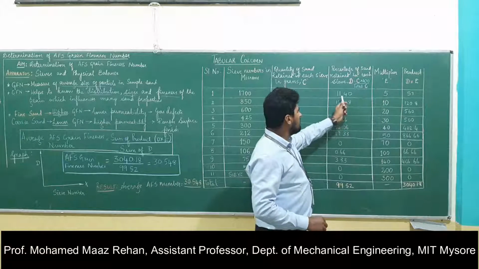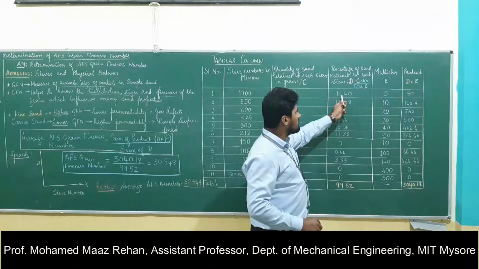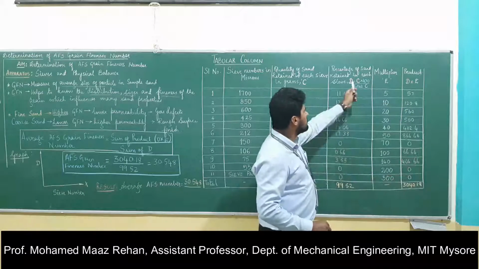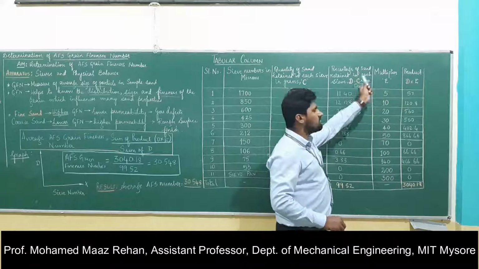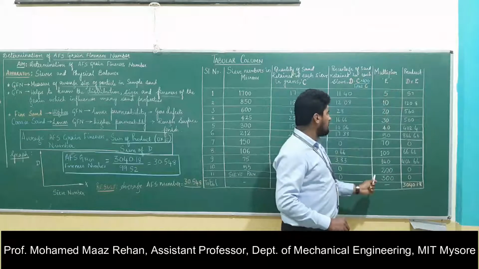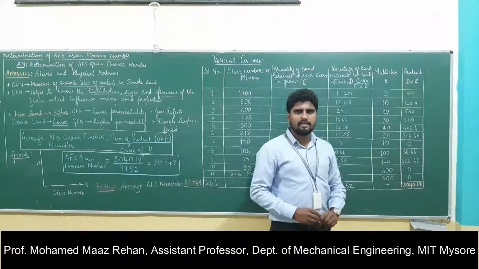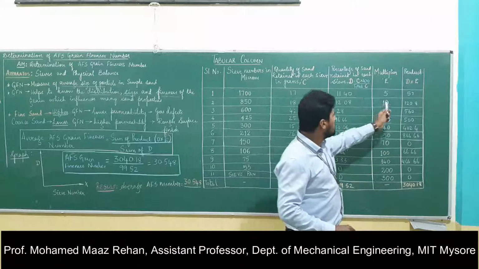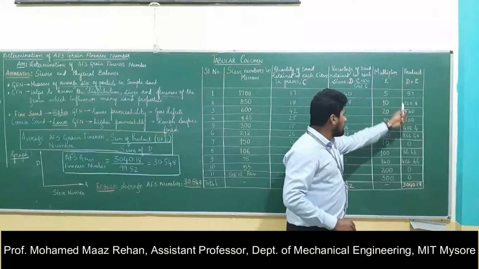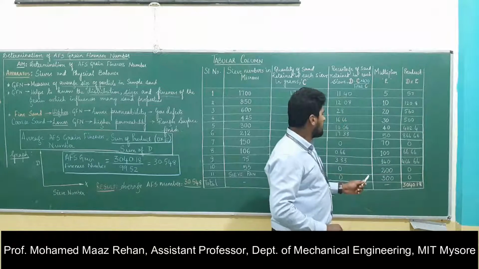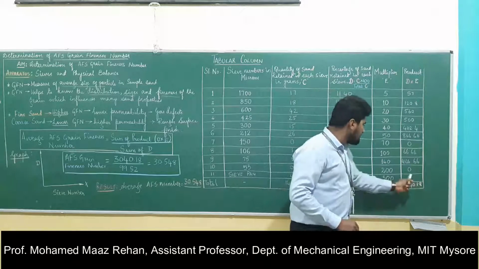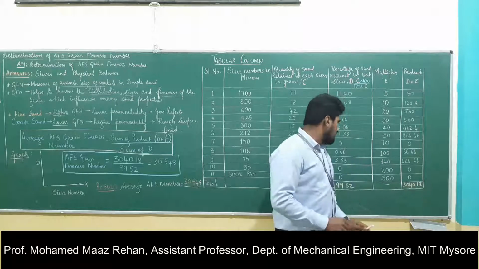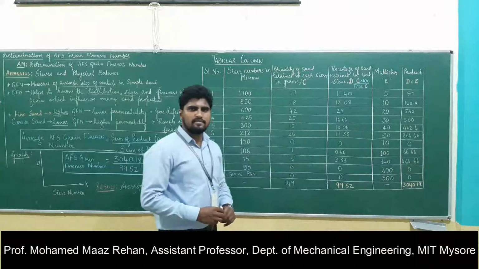Here we have a constant, that is the multiplier, capital E. We multiplied 11.40 into 5, and we got 57. So here the product is D into E. This multiplier is a constant given by a standard apparatus. In a similar way, if we calculate the product, we get the sum as 3040.18.